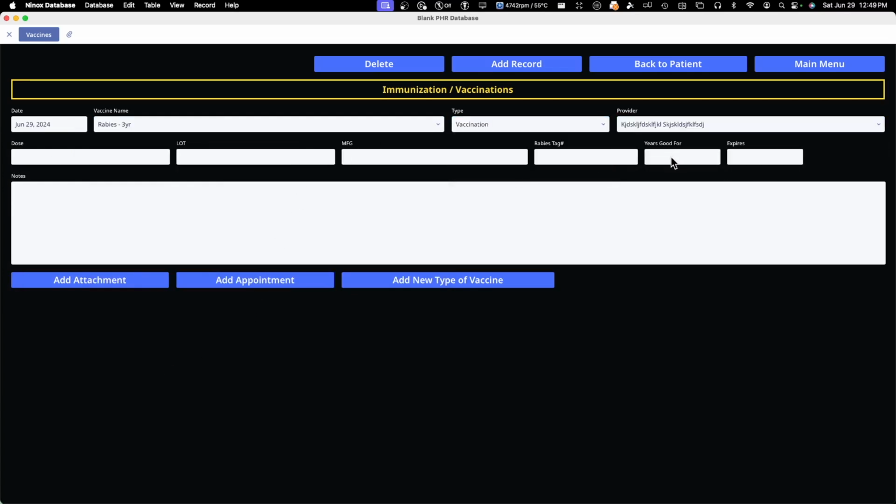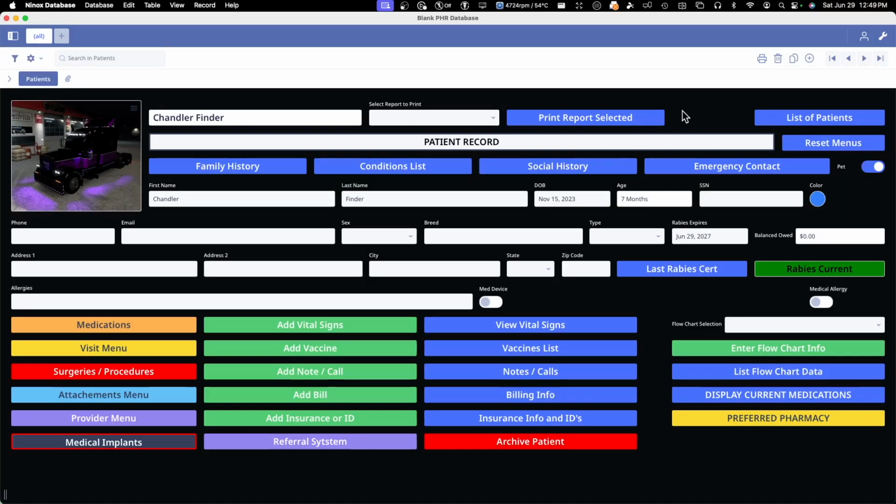And the provider was his current vet. If you know the dose and lot number and manufacturer, you could go ahead and enter that. If you know the rabies tag number, you could enter that. This is good for 3 years. When you hit that it was good for 3 years, it's going to auto-populate the date that it expires. Now, if we go back to patient records, you're going to notice, oh, look, his rabies is now current. And if we brought up the certificate,